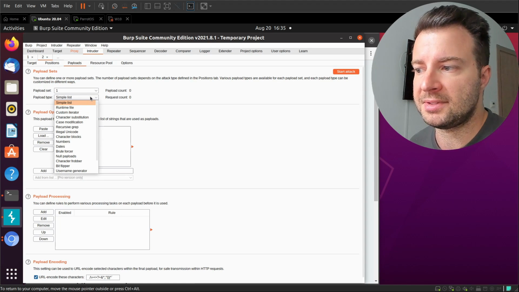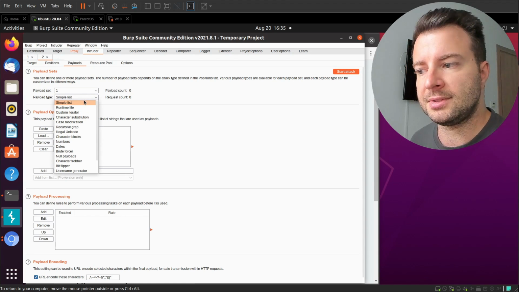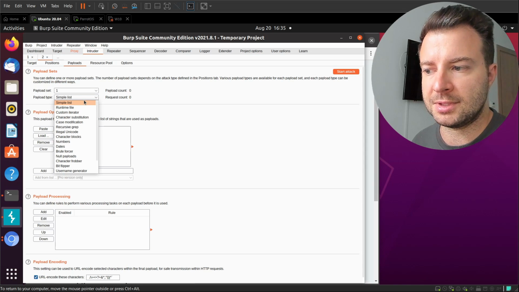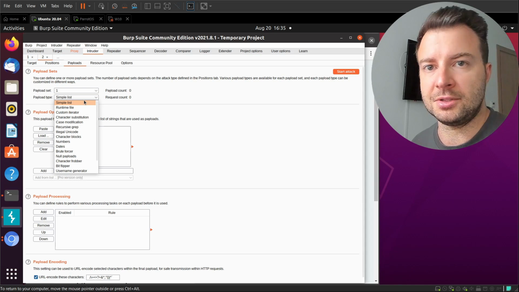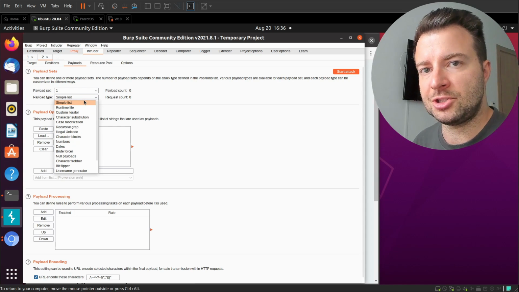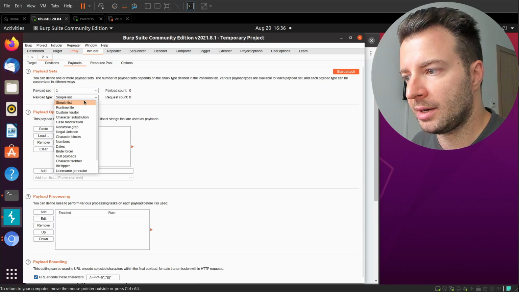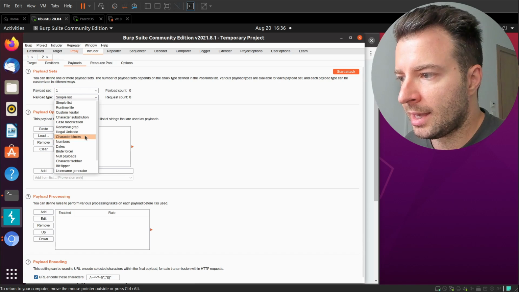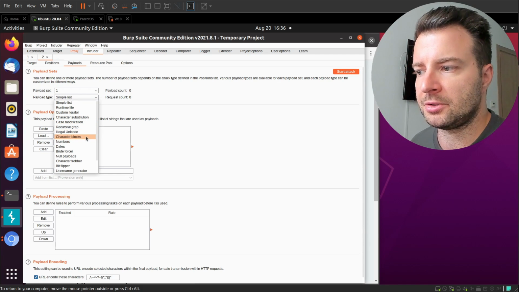We can start from just a simple list, like how does this website behave when I put my name in here? How does it behave when I put a number? How does it behave when I put some unprintable characters or some, let's say, HTML or JavaScript code and so on? Now, in this case, we can actually do something a bit more interesting, and let's try using character blocks,